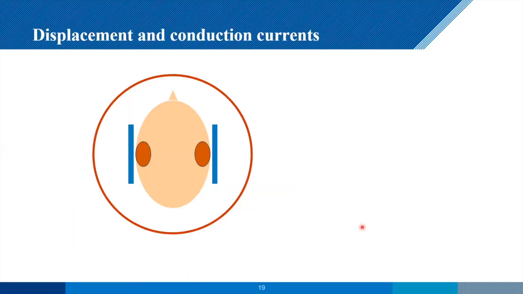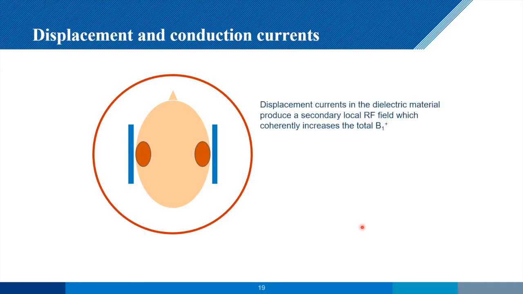And then the theory behind this, of course, is that in a high permittivity material, it has displacement and conduction currents. So displacement currents are what we want. In other words, the electric field that is produced by the birdcage coil over here is going to interact with a high permittivity material. That creates a secondary magnetic field. And if that secondary magnetic field can fill in the space here, the dark areas in the temporal lobe, then we're going to get towards a more homogeneous and more uniform contrast.